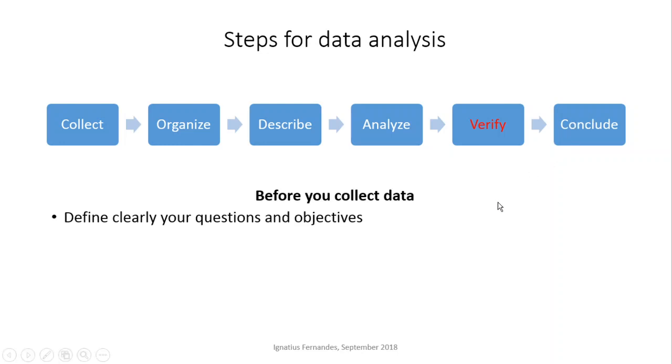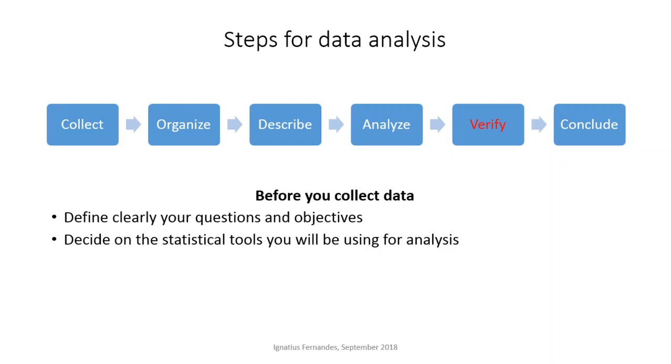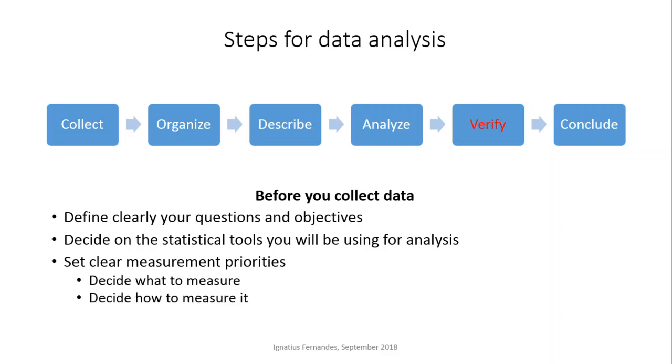So it's very important that before you collect data, you clearly define your question. Based on your question, you then define your objectives. Like in this case, the question was, which among the two cities, Mumbai and Chennai, is cheaper? So your objectives will be to find out maybe the cost of meals in these two cities, and then compare it. Then once you have the data, decide on what statistical tool you'll use. Again, from the point of view of the question that you are trying to answer. Be very clear about the measurement priorities.